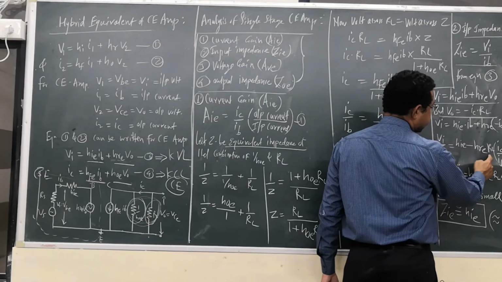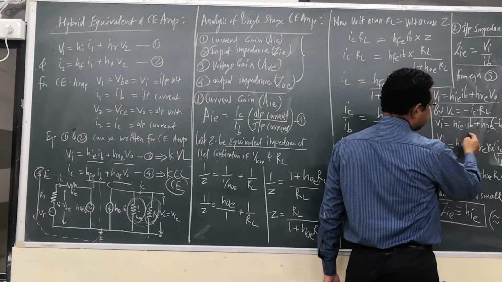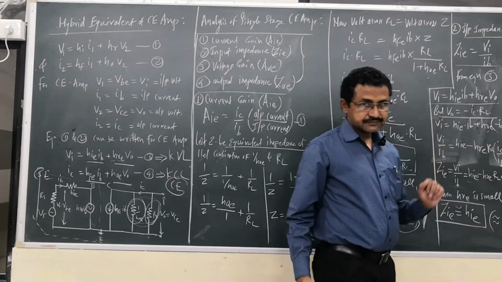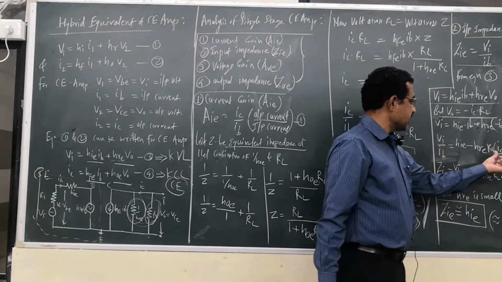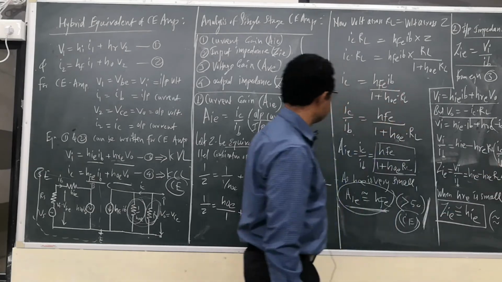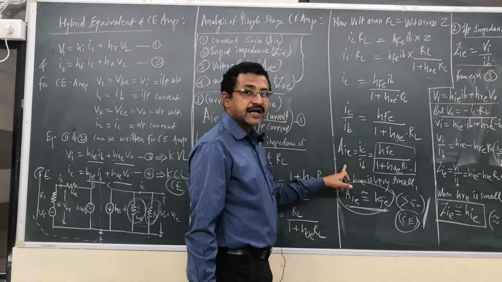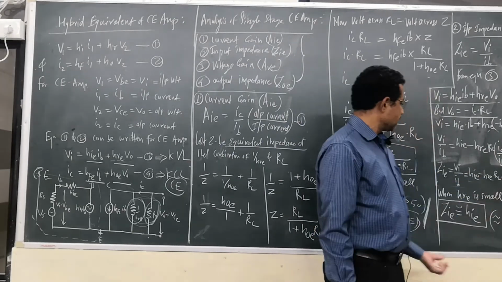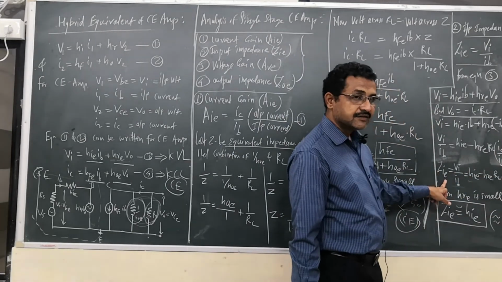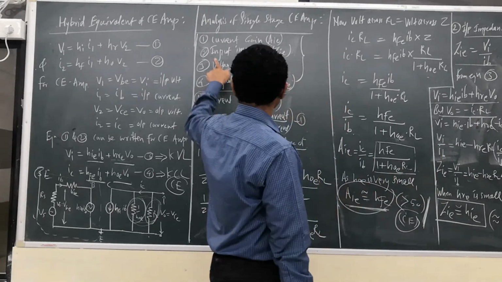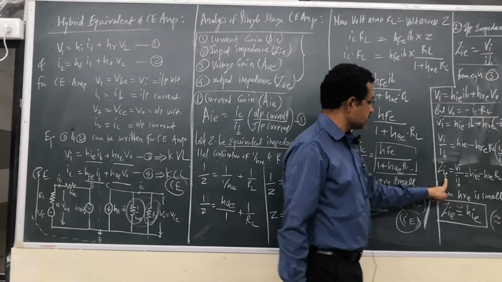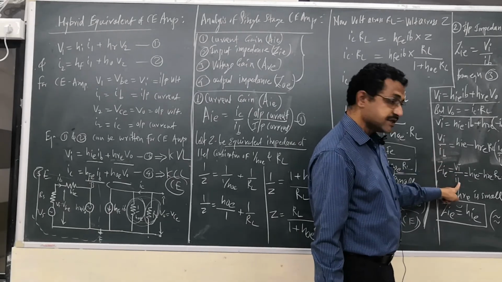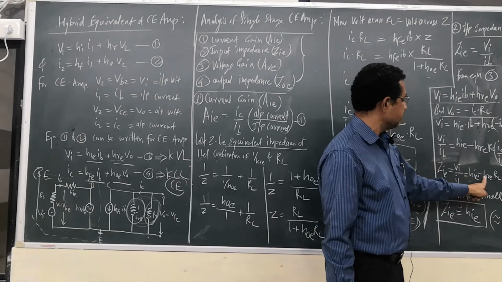यहाँ पे जो Ic था या जो Ib हमने इधर ले लिया, यहाँ पे उसको divide हो जाएगा, so it is Ic divided by Ib आपको मिल रहा है। So this Ic divided by Ib is nothing but Ai। सो हमने यहाँ पे Ic divided by Ib का हमने Ai कर दिया, तो हमें यहाँ पे क्या मिला, Zi that is the input impedance, Zi is nothing but Vi divided by Ib. This is Vi divided by Ib is nothing but Zi.